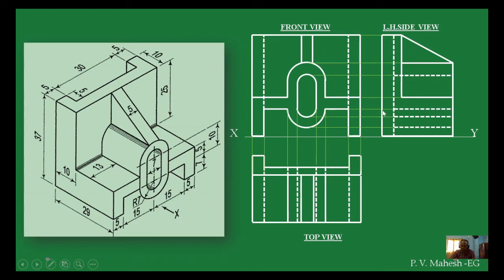This corner has one hidden edge, and this edge is hidden, and this edge is behind, so it is also hidden, and this edge is hidden. So like this you will get the hidden edges. If you draw like this, you will get full marks. If you forget the hidden edges, you will get a little less marks, but try to do the hidden edges also. So this is the way you have to draw the front view, side view, top view, orthographic views from the pictures.